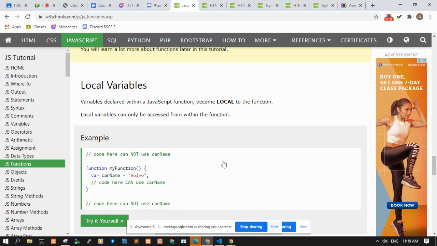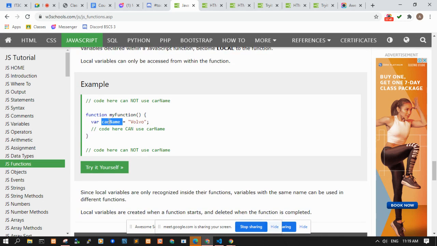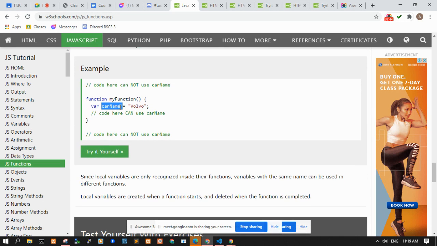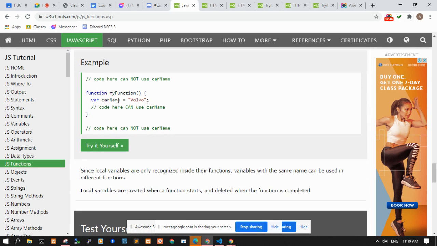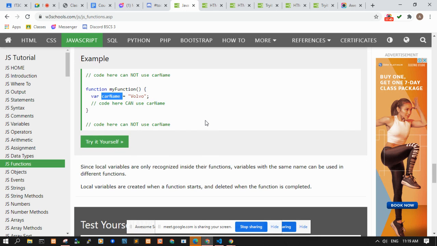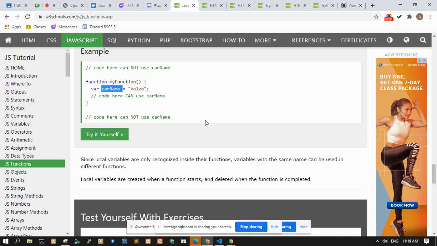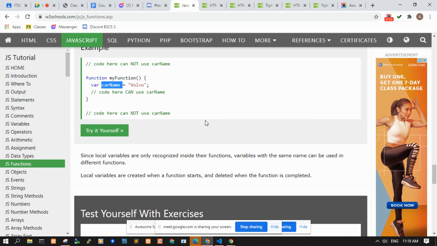So in JavaScript, using the var keyword, we can only have global or local scope. Global scope when they are declared outside the function, and local scope if they are declared inside a function. Okay? Local scope meaning the variables will only be available inside this function, and global scope is the variables having the scope globally.